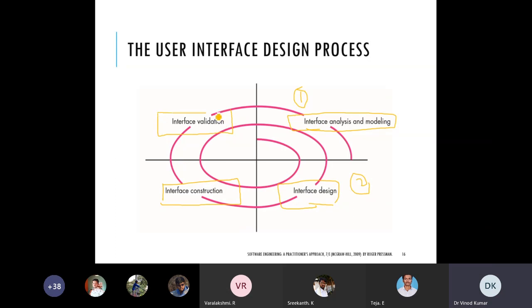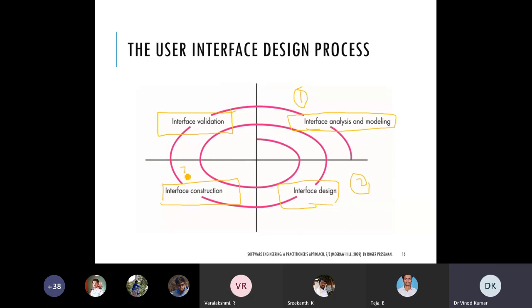After that you will validate the interface you have built, to check whether it works for the particular task you prepared it for. So that task is being done or not. That is what you have to follow.